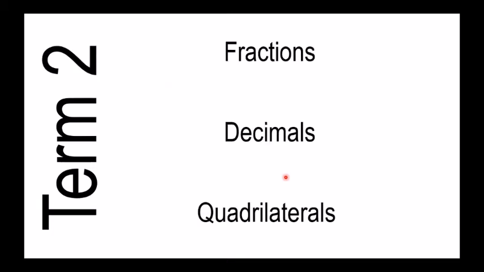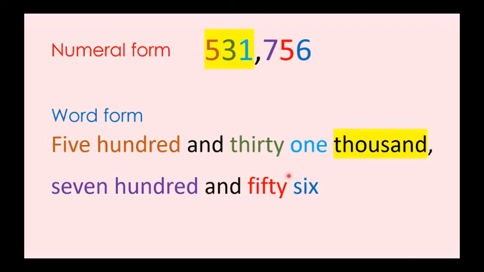In Term 2, we'll talk about fractions, which we'll get to later, decimals and quadrilaterals, which are basically four-sided shapes. We'll find how we find the perimeter and the area of these shapes. Cool, so let's jump straight into today's topic on